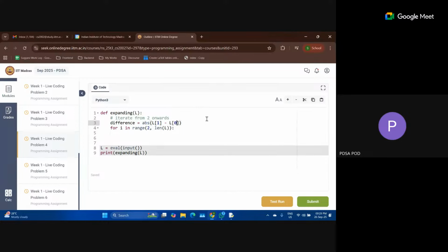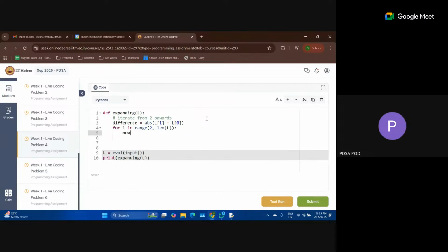Because I have already seen my index number 1 over here, and I have found the difference with L of 0, right? So I am going to index number 2, and I will find the new difference, again the same scenario, the absolute value of L of I minus L of I minus 1.